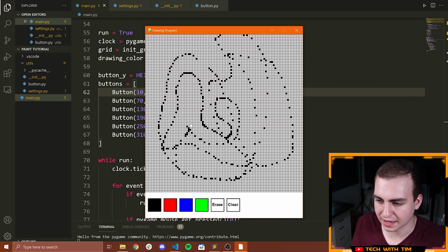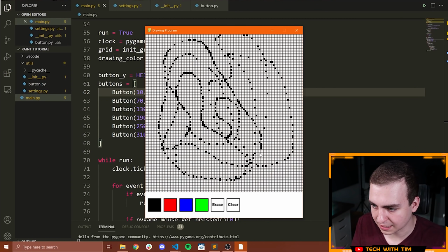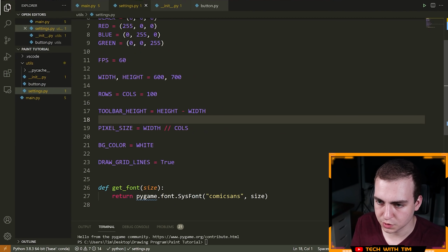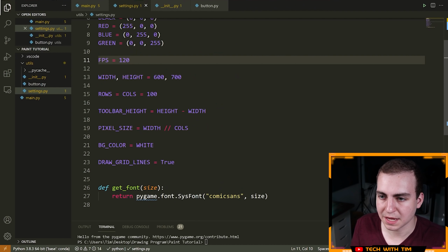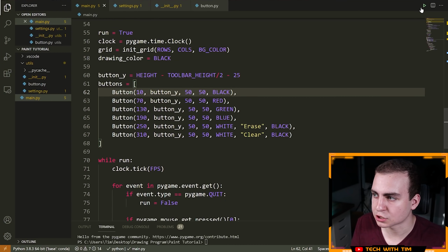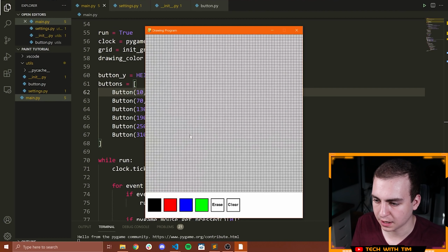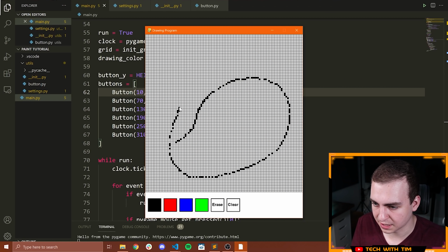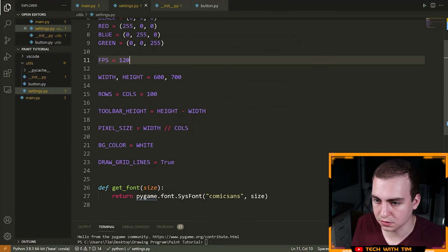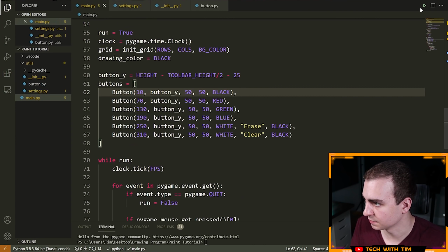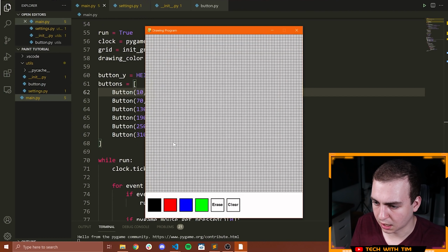So if this is the case, notice how it can't even keep up with my mouse, like it's missing a lot of pixels. What you could do is you can increase the FPS. So if I make this 120, we'll see if this actually works or not. This might just be a limitation of Pygame, but okay, you can see that works a lot better now when I increase the FPS. So if you make the FPS even larger, let's make this like 240. Let's see here if this works any better. Okay. Yeah, now you can see it's pretty much working.